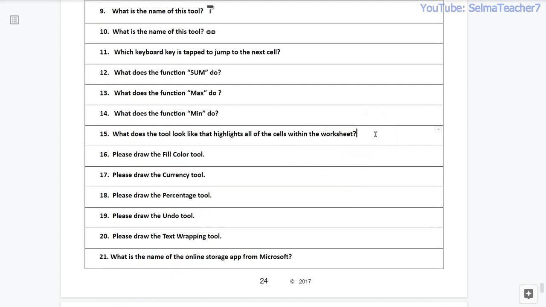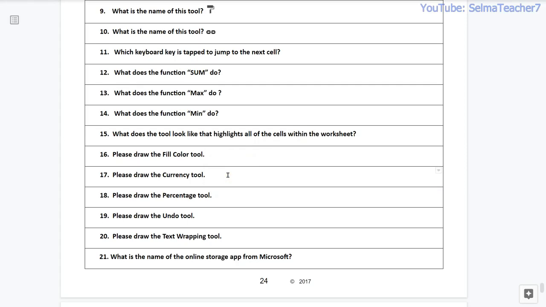Question number 15. What does the tool look like that highlights all of the cells within your spreadsheet? Question number 16. Please draw the fill color tool. Question number 17.